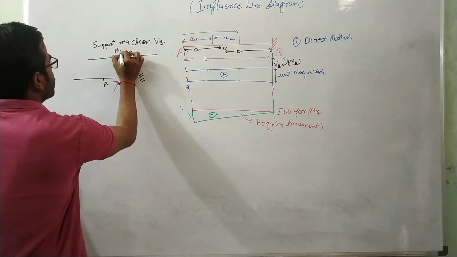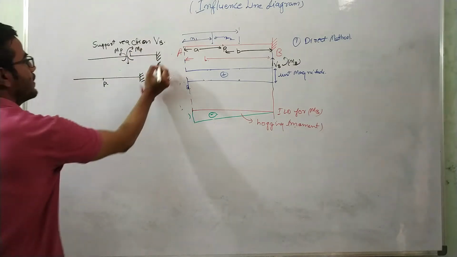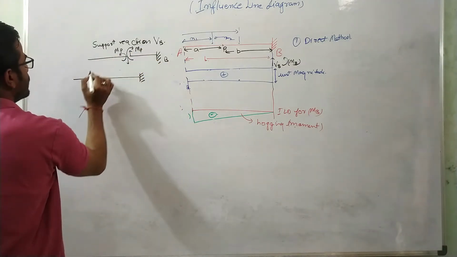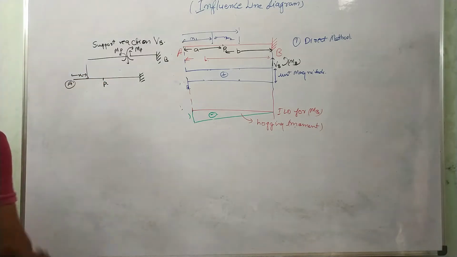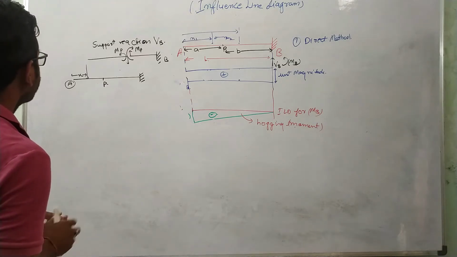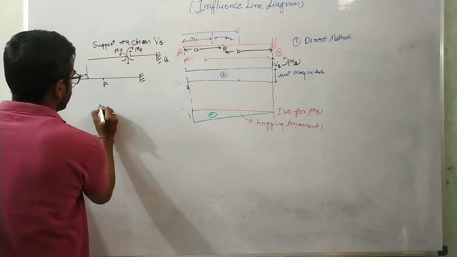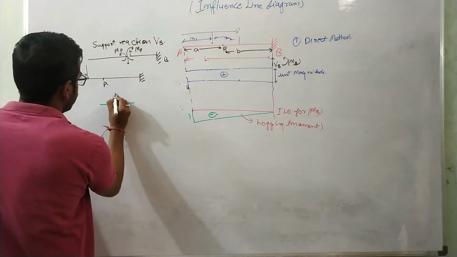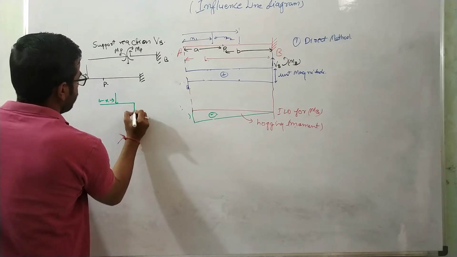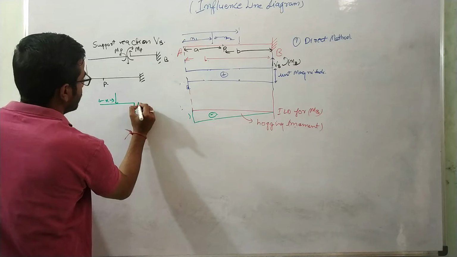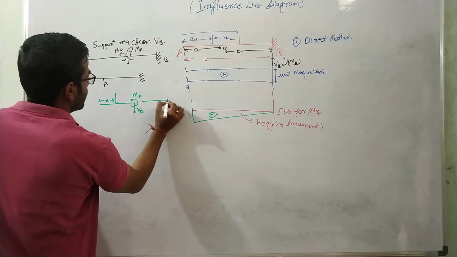Moment, let us suppose this is MP, and here also this is MP, and here this is the fixed support at B. So let us suppose the unit load is acting at a distance of x from A. When the unit load is acting at a distance of x from A, let us break this beam at point P. So this is our case. Here it is VP, and one moment MP over here.